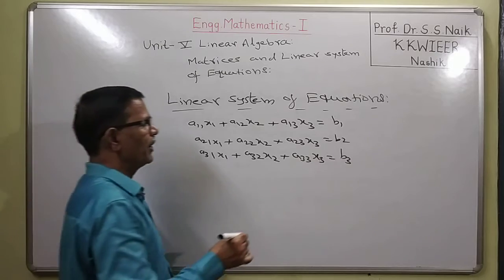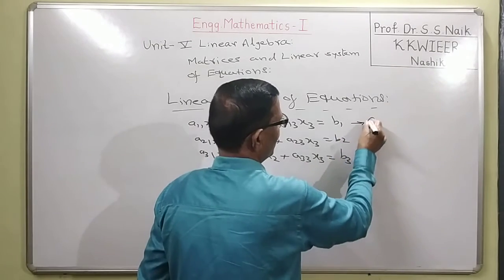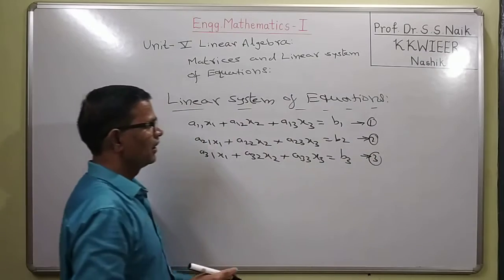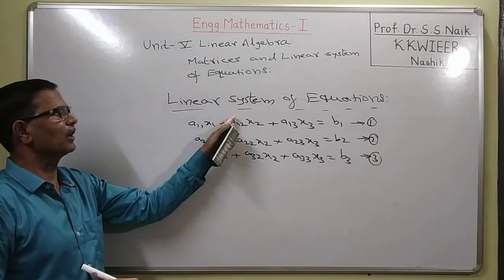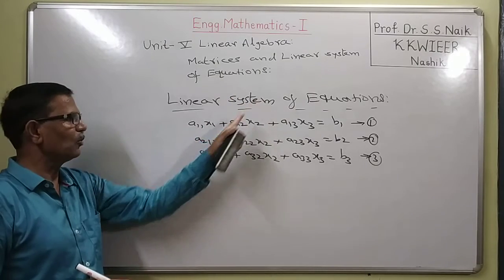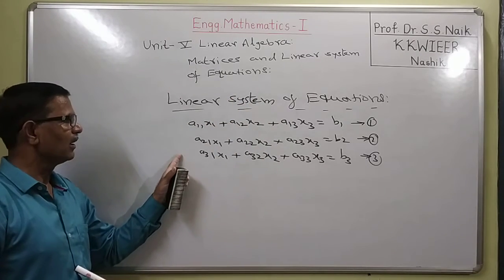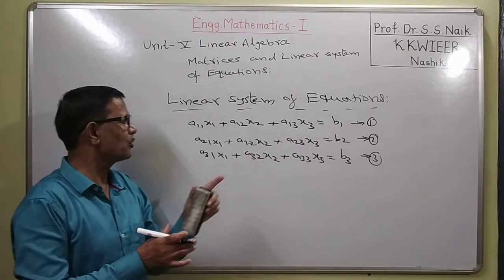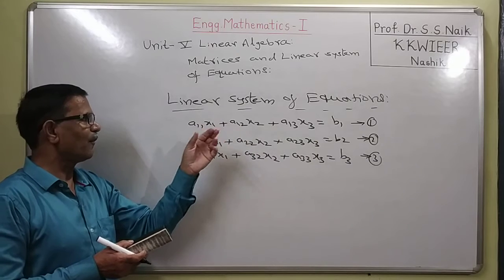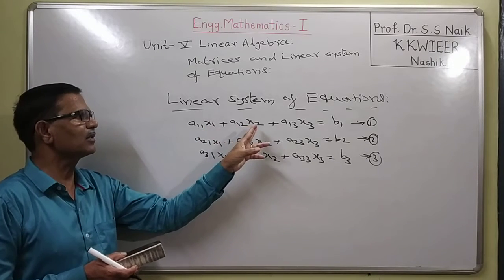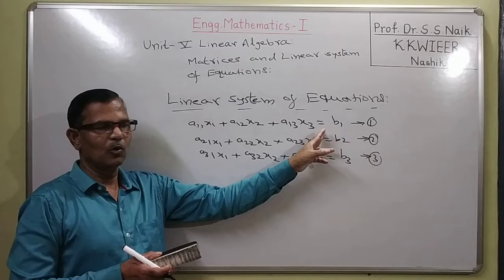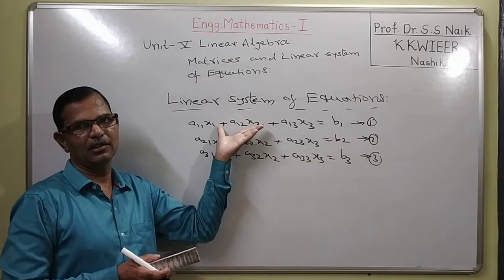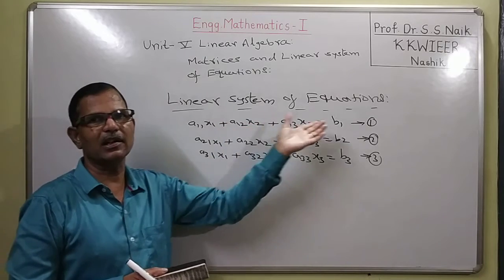Okay. Now when you put these 3 equations together as equation number 1, equation number 2 and equation number 3, these 3 equations together is called a system, and we are interested in finding the solution of such equations. What is the solution? The solution of this equation is finding the values of the 3 variables x1, x2, x3, which when substituted in the given equation, the given equation is satisfied. That means the left hand side becomes the right hand side.